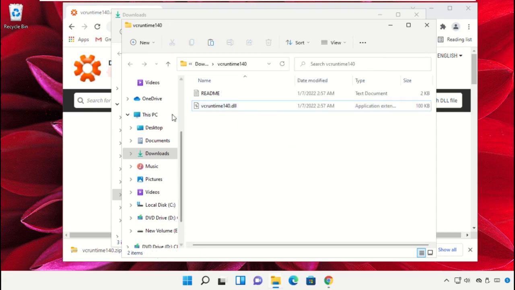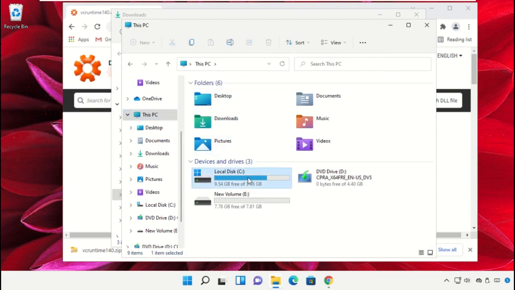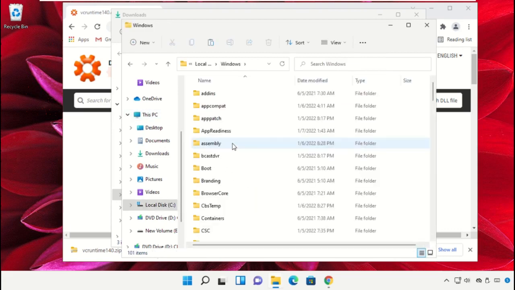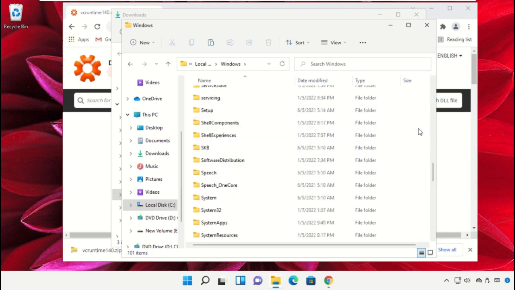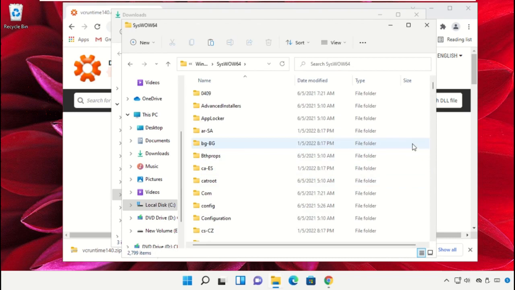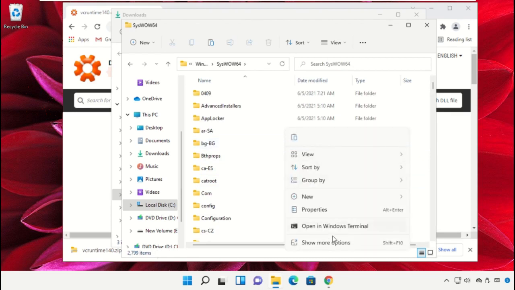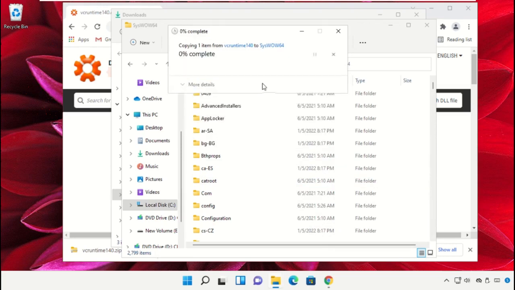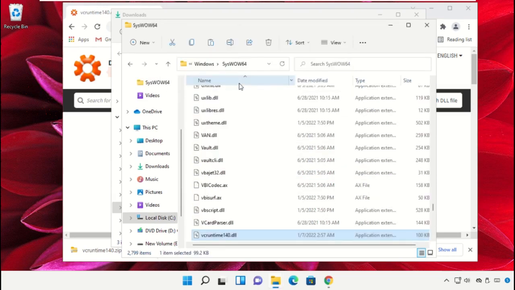Go back to this PC, open C drive, open Windows folder. Now search for this folder, open it and just right click and paste that file here. Replace it and click on continue. Once done,